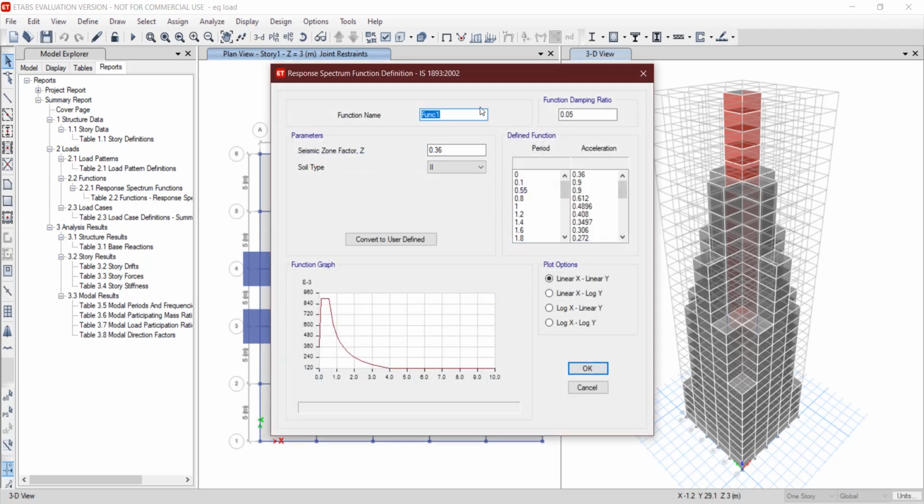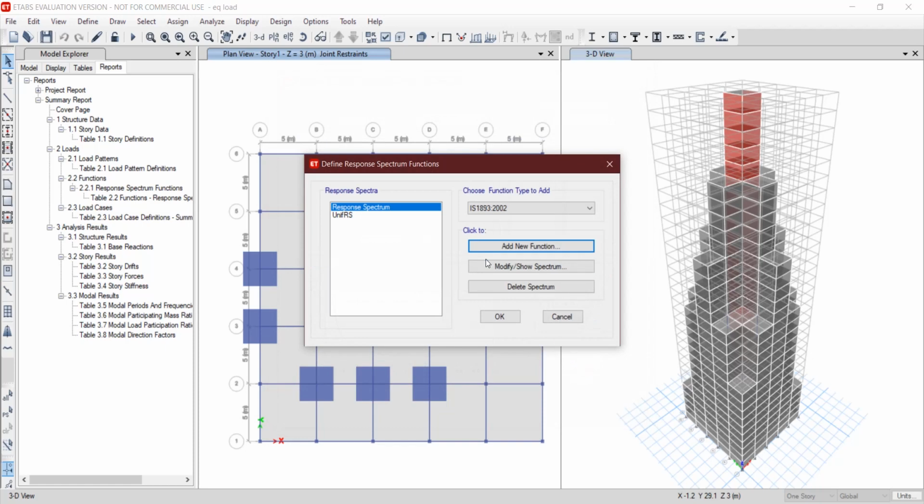Here type response spectrum. Give the seismic zone factor. The seismic zone factor for Mumbai was 0.16 if I remember it, and soil type was type 1, and I will click on OK. I will again click on OK.